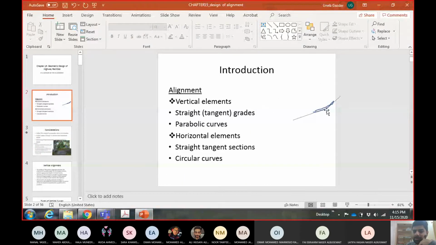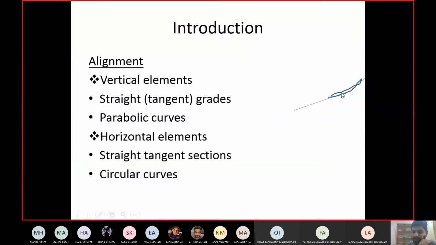And if you see the previous slide, this one, where was the turn? The turn is here, in the middle, but you see the curve is starting from here and ending after the turn. Why? Because I don't want the driver to just reach the end and then find there's a curve. So I introduce the curve earlier, so he is already on the curve when he reaches the change in gradient or the change in direction. This is what we mean by providing the changes gradually, so that you have a smooth change.